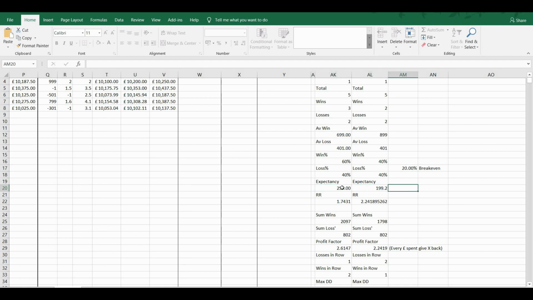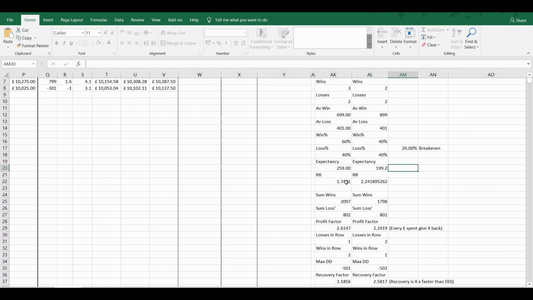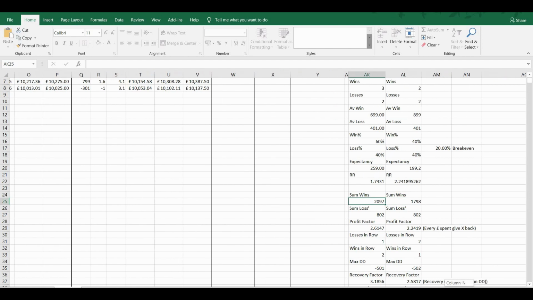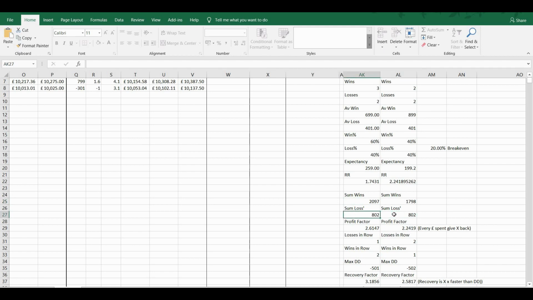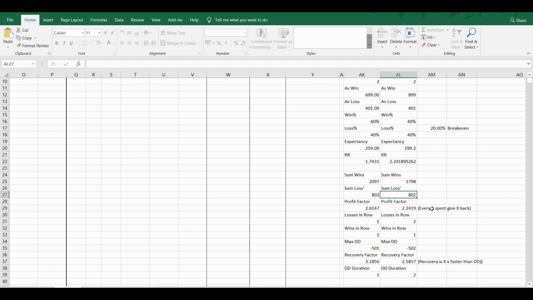Expectancy, so what you're expecting to earn per trade. Risk reward ratio, that's pretty self-explanatory. So for every pip you risk, you would expect to win back 2.24 pips. Sum of the wins, so the total number of pips you've won, and the sum of your losses as well, the total number of pips you've lost. Profit factor, I've put a little brief description on the side here, so for every pound spent you would expect to win back